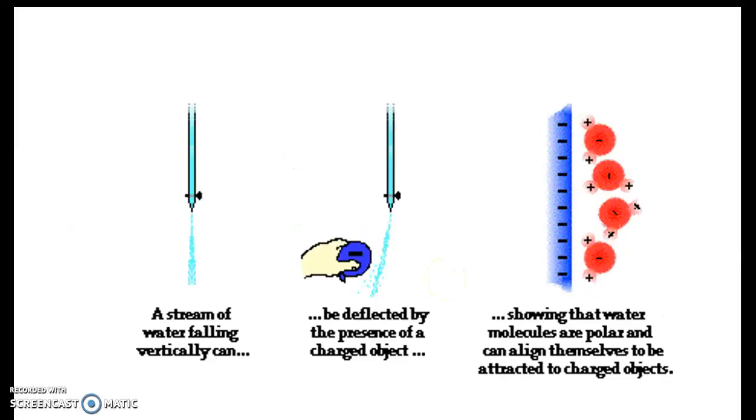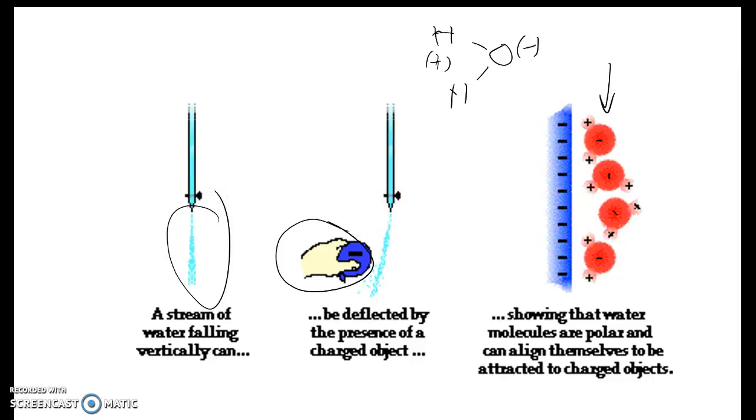Another example of polarization is water. Now water, if you recall, consists of an oxygen atom and two hydrogens. The negative end of the water is oxygen and the positive end is hydrogen, and that makes it polar, which means it already has a positive and negative end. So if we take a balloon and rub it on our hair and give it a negative charge, when we put it near a very thin stream of water like we have here, the water will bend